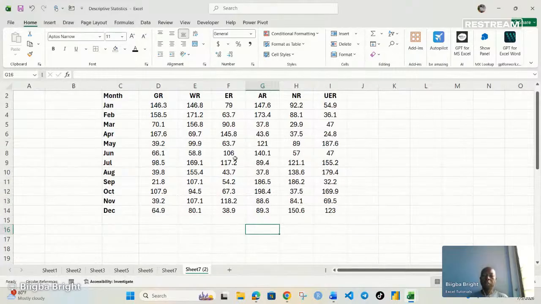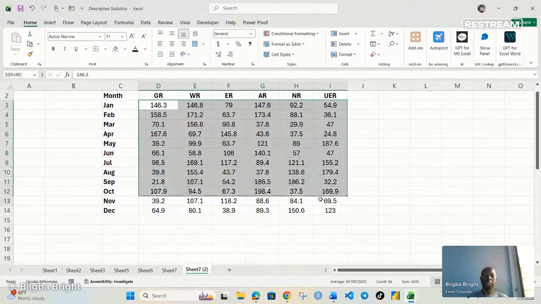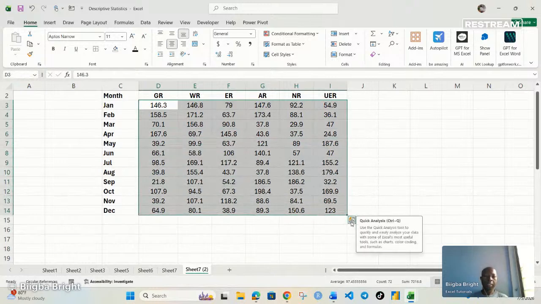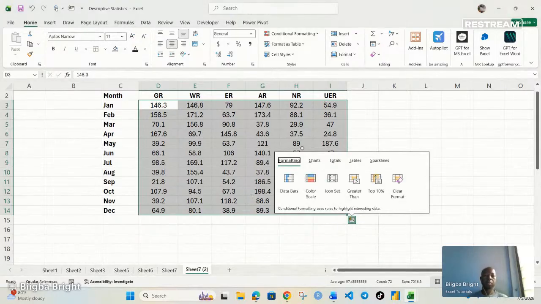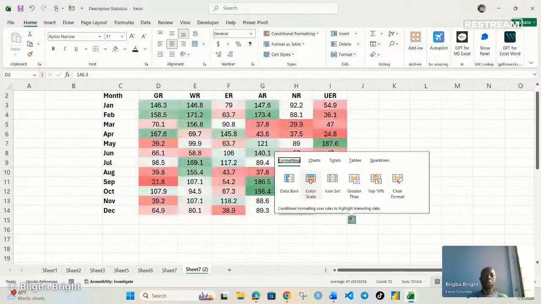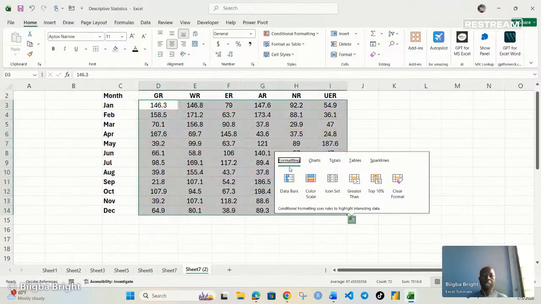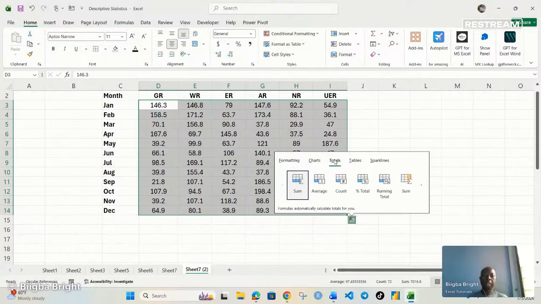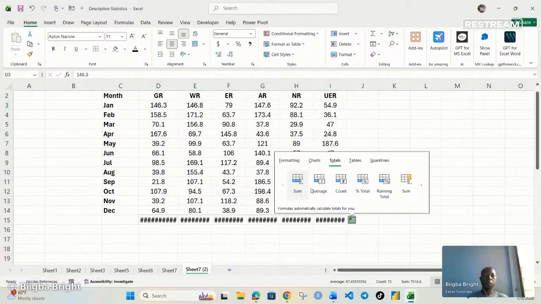Another way to do that is to simply highlight the whole of this. And when you are done, if you don't see this small quick analysis here, press Ctrl Q on your keyboard. You see that this will appear. That is going to allow you to gain an insight into your data as fast as possible. And if you want to perform all the averages that I just did immediately, click on the Totals tab like this. And so we can have summations, we can sum it, we can have averages,